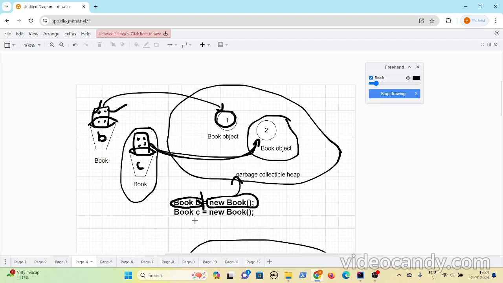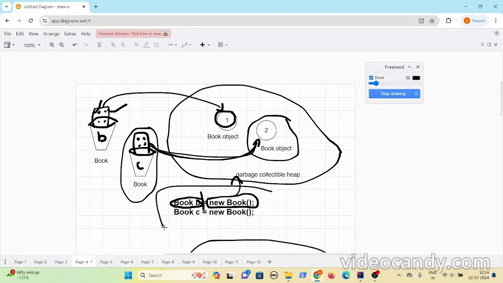And the second statement, if you look here, a variable c gets created, and that variable is of type Book. Then when you do new Book(), a new object gets created on the heap. And when you do this equal assignment, this reference variable gets linked to this object, and whenever you invoke c.getTitle(), it gives you the title of only this object, not this object, because this is a reference to this, right?